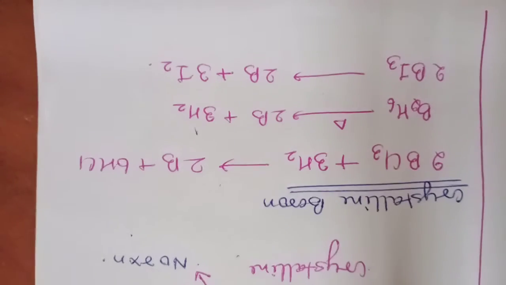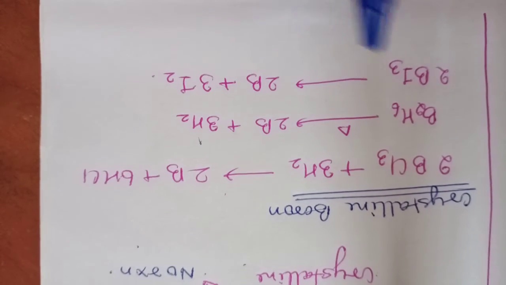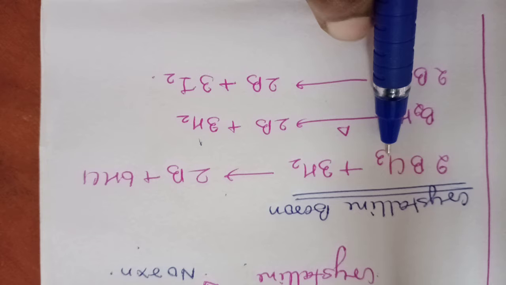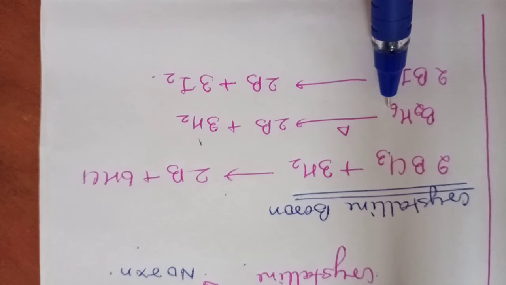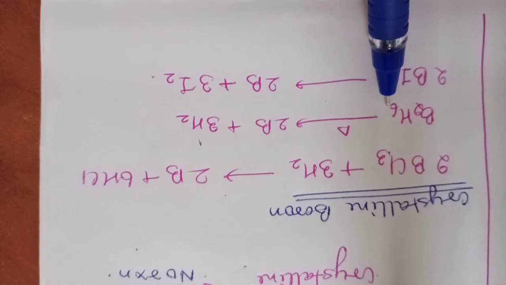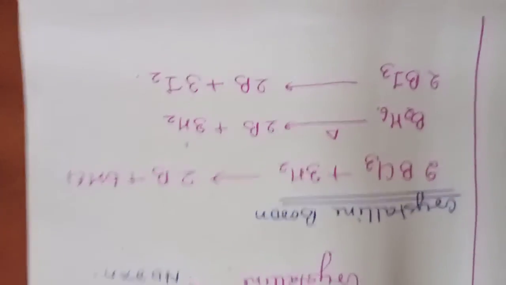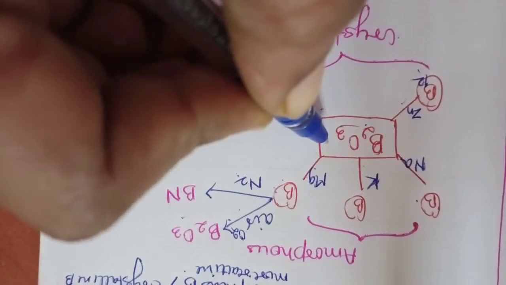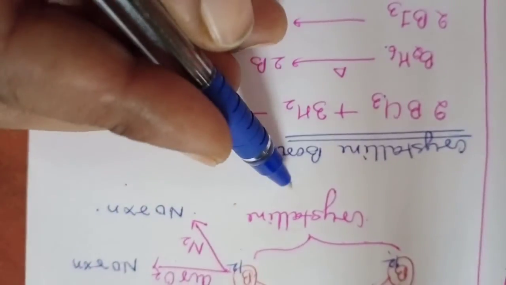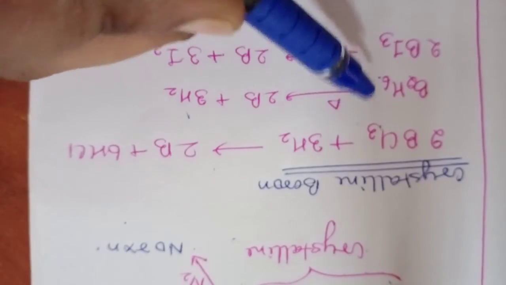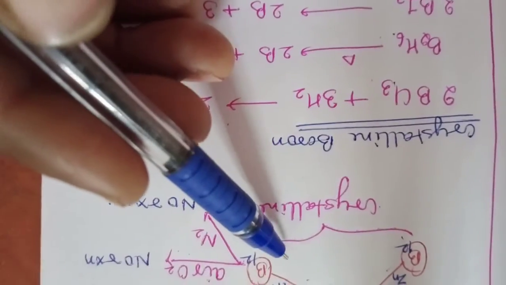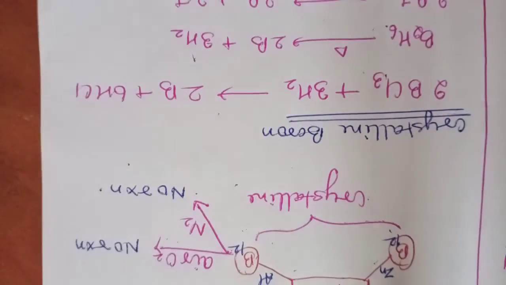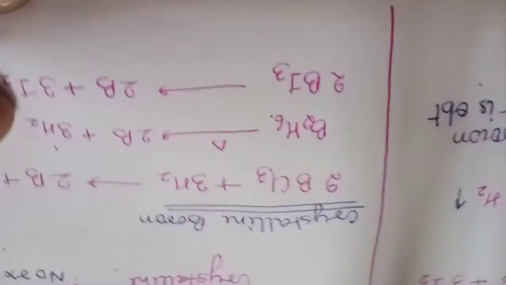Now further, crystalline boron is also obtained when we treat boron halide or diborane. This equation I have already explained to you. So you need to remember that amorphous boron is only prepared using B2O3, whereas crystalline boron is prepared using boron halide or diborane as well as boron oxide. Now further, let us see the properties.